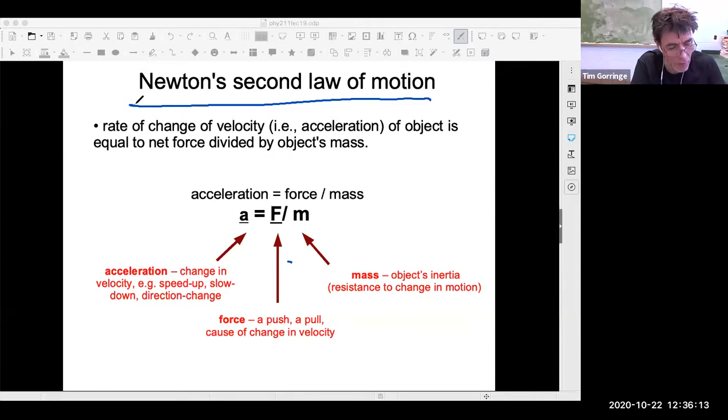So if you remember, Newton's second law of motion says that the acceleration of an object, of a rigid body, for example, is dependent on the net force on the object, and it's dependent on the mass, the amount of matter, what we call the inertia of the object. And specifically, the acceleration